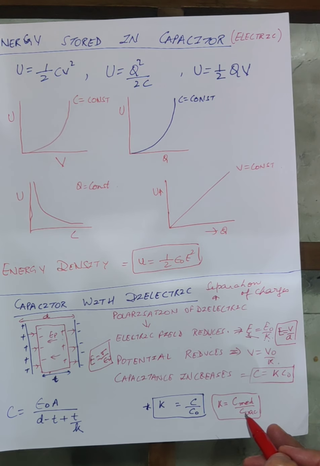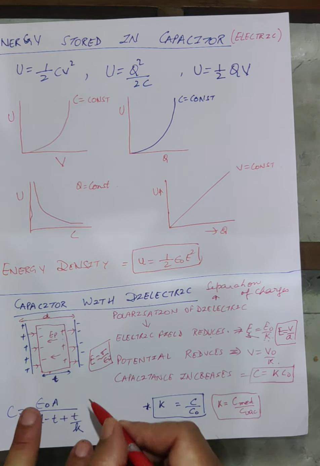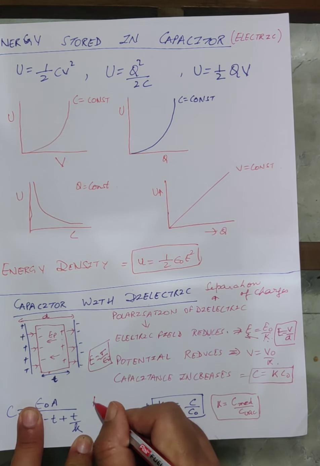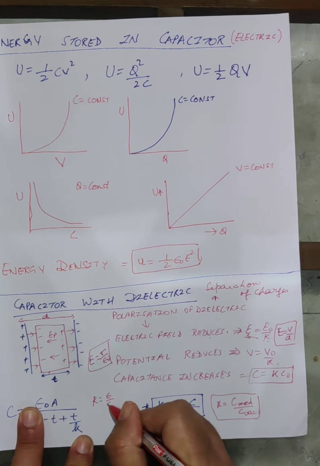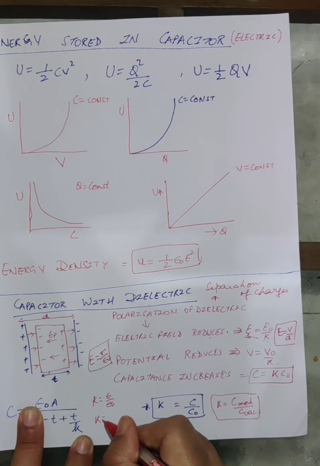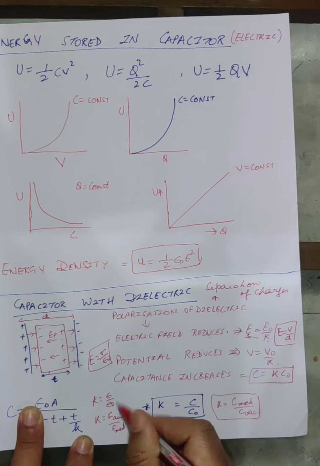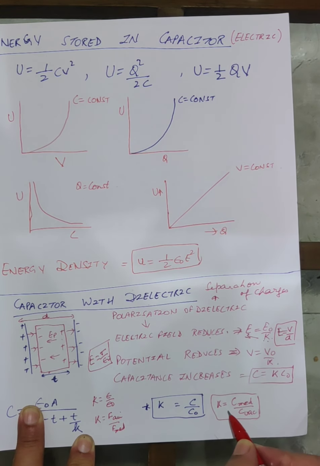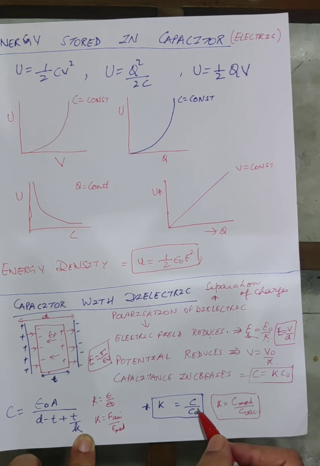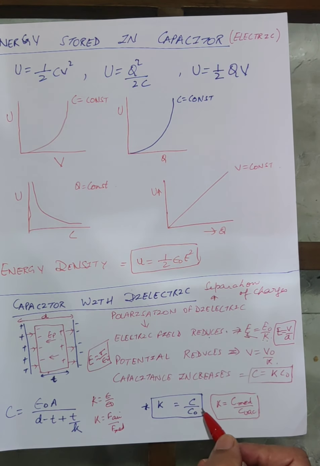Alright children, the other two definitions we have done in the first chapter. K, the dielectric constant, is equal to epsilon by epsilon naught, and the other definition is in terms of the force between the two charges, that is, F in air upon F in medium. So these are the two definitions which you have done in the first chapter. The third definition of dielectric constant which you are going to get is K is equal to C medium by C vacuum. These are very important topics for the 1 marker questions.